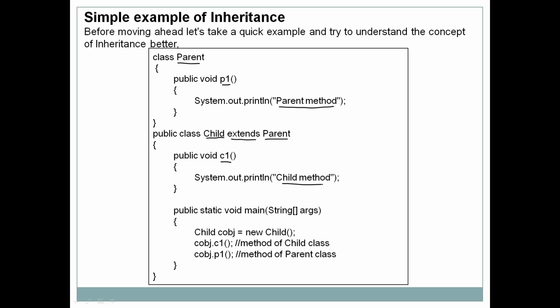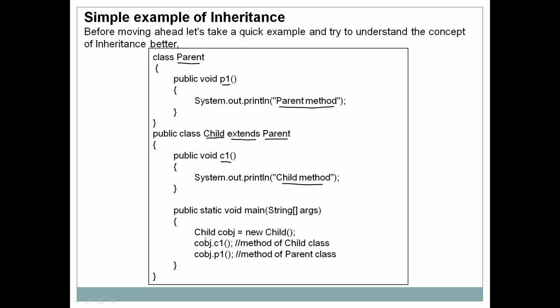If you look at the child class now, you may see there is a single method c1, but child class now contains two methods. Yes, it contains method c1 of its own, and it also contains a method p1 which it has inherited from parent class. Then there is also a main method in the child class, public static void main, and inside the main method